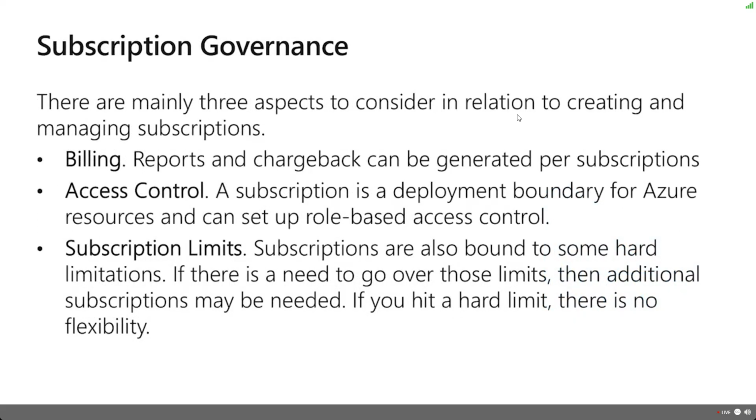So I can say, okay, here's a subscription for my development environment. Here's a subscription for my production environment. There are access boundaries. We can also set different limits on different subscriptions, so we can control how people work with those. More importantly, even at Microsoft, we have limits inside of what you can initially use inside of a subscription. Now, don't worry, even though you might run into those limits occasionally, you can make a simple request to Microsoft and get those limits increased. Hey, I need more virtual networks, or I need more resources, virtual machines. We oftentimes will grant those requests if they're within reason.